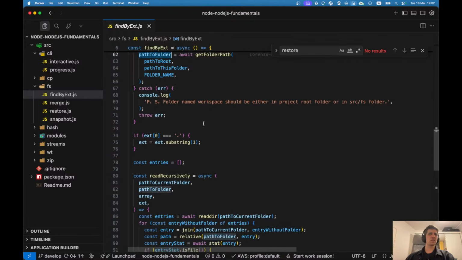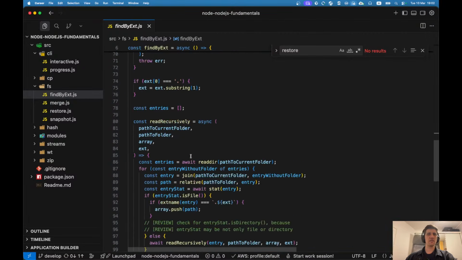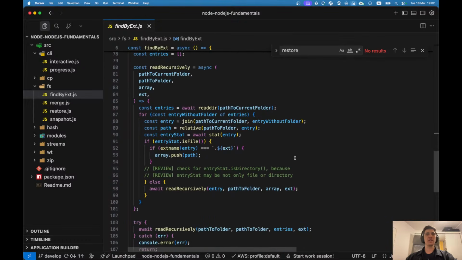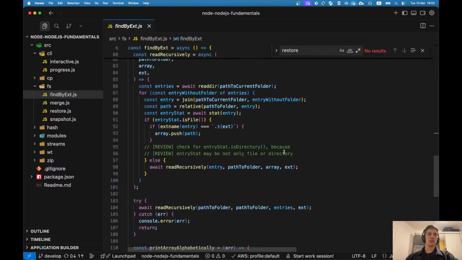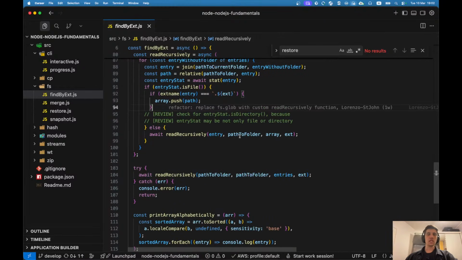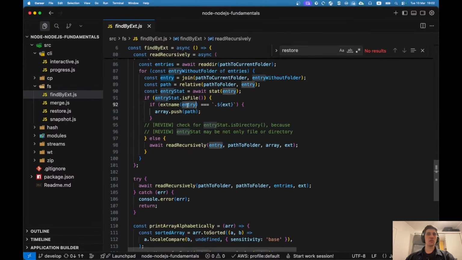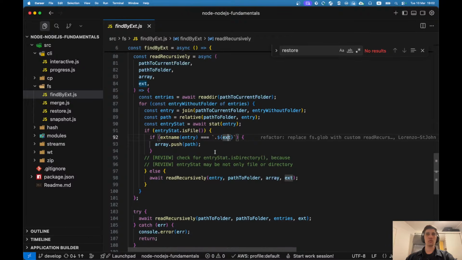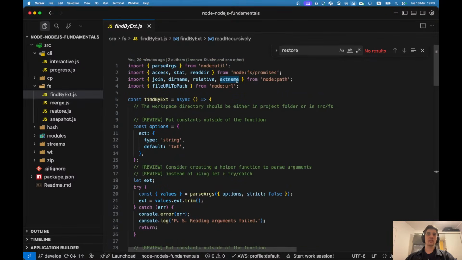Okay, so we have all this copy-pasted stuff to get path to folder, and then we recursively read our folder. Check whether the extension name of our directory entry is our extension from the command line. What is also good, and this is what the student did very well, is that she used a utility from the Node path